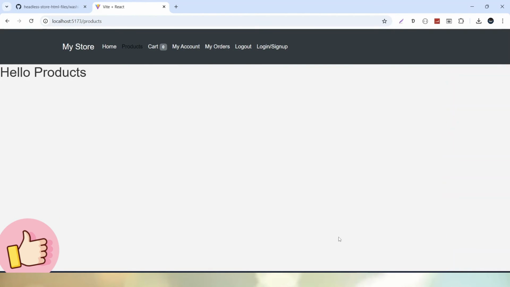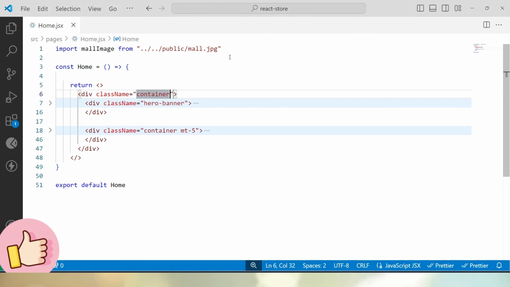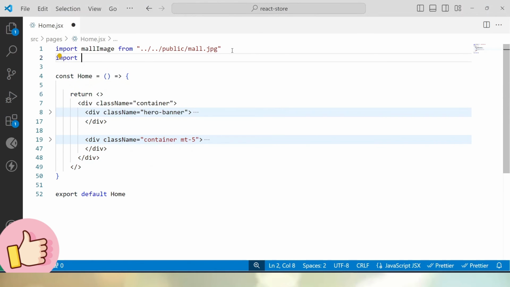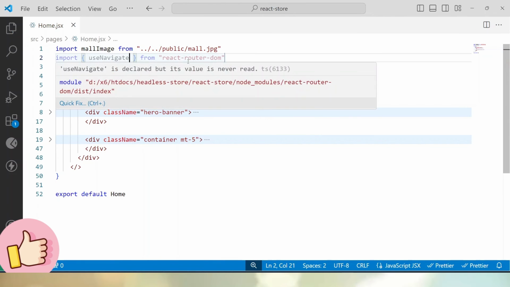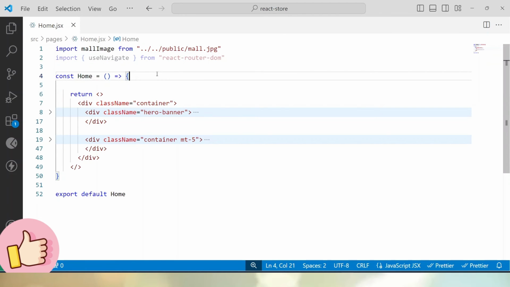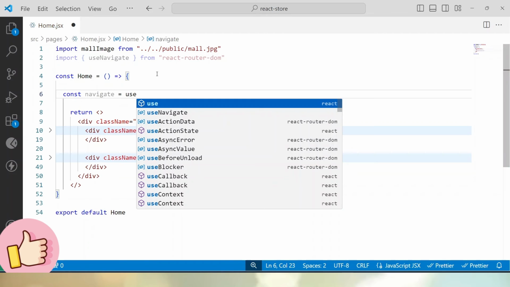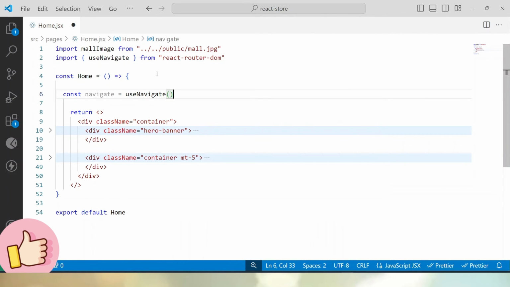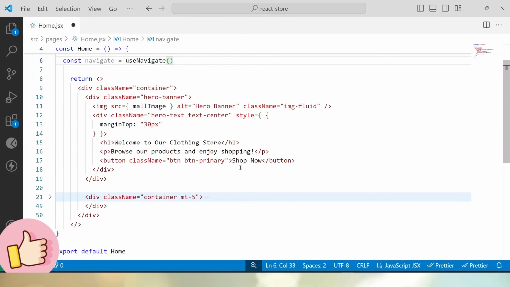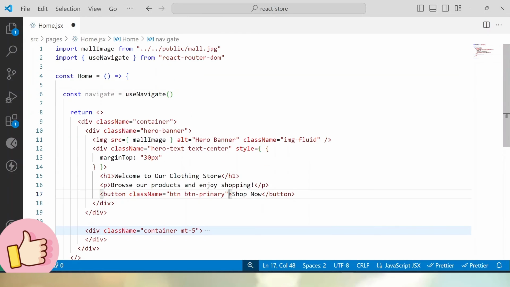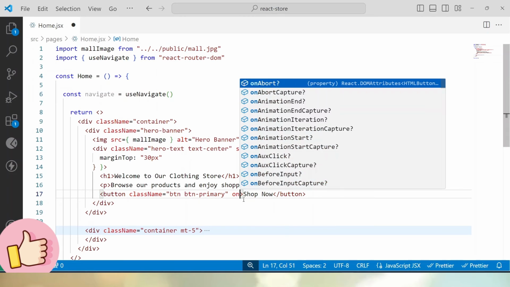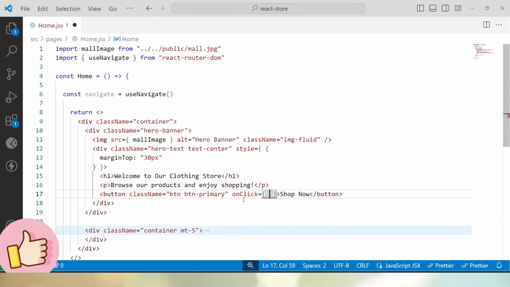So let's go back to the editor, and here let's use import. It will be useNavigate, and it will come from react-router-dom. After that, inside this home component, let's say const navigate equals useNavigate. Then I'll go into this first div. Here we have the Shop Now button, so let's add an onClick event. Here on click, handle